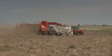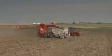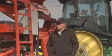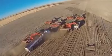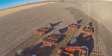But probably the thing that surprised me the most was we were able to cut about a half a dozen trucks out of our system by not having so many locations where a harvester needed a truck. The trucks became more efficient, so I was able to cut 5 or 6 trucks and drivers out, and those that are driving know to be in the right place at the right